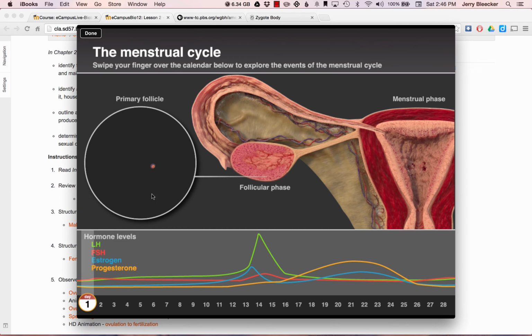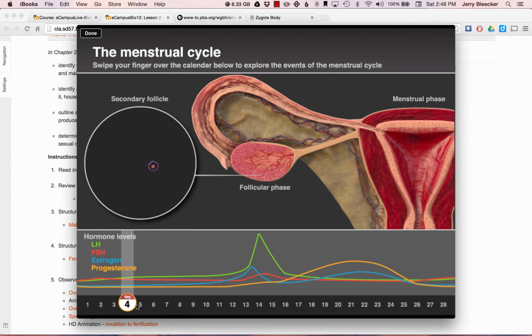Up here, what you focus in on is you've got a primary follicle, and that has an egg in it. And let's say this is the candidate in the ovaries that's going to release its payload. So as we go to day two, you notice it's developing a little bit, and we're in what's called the follicular phase. The follicular phase is where the follicle starts to advance. So we'll go a couple of days into the cycle, drag to about day 5, for example. And we could see this follicle developing, it's growing, and usually on average it's one egg that's going to advance